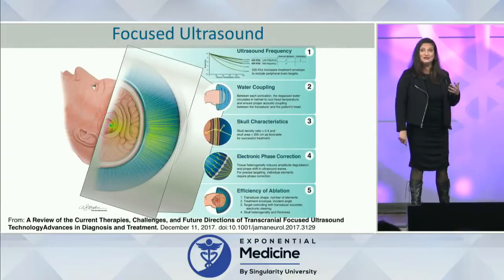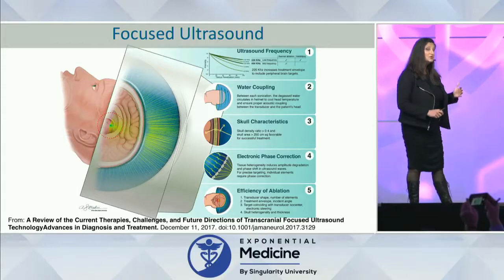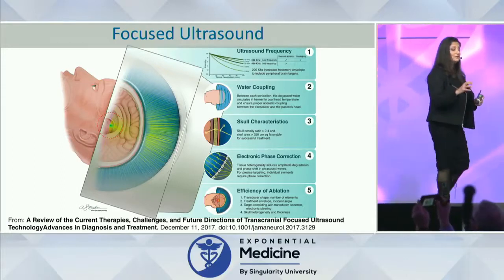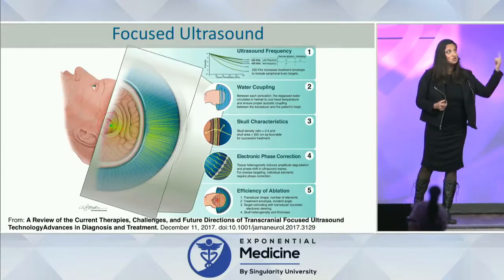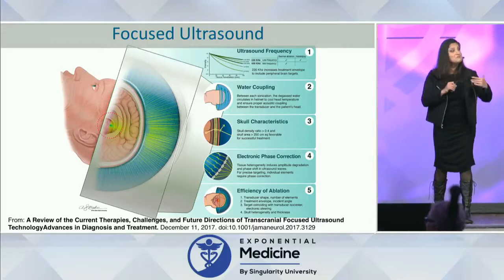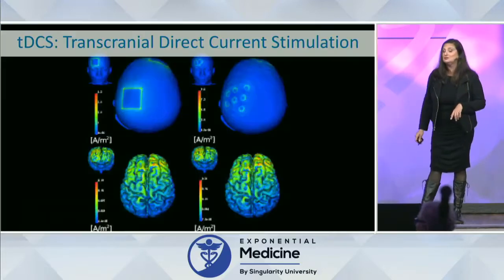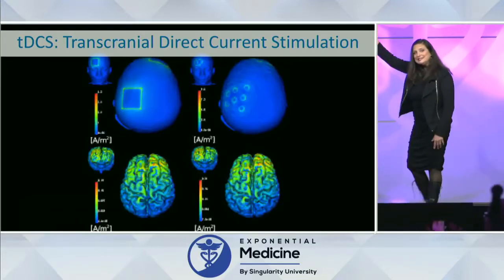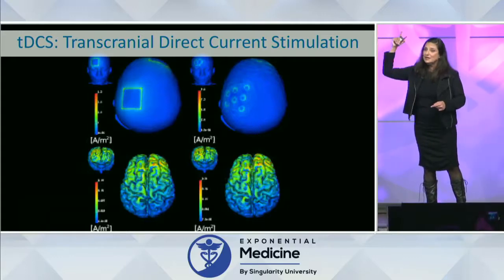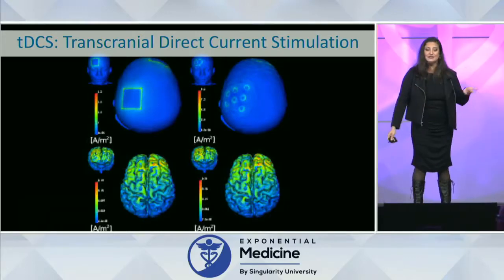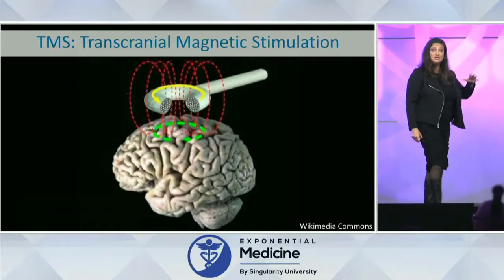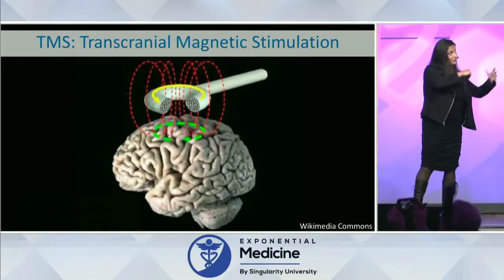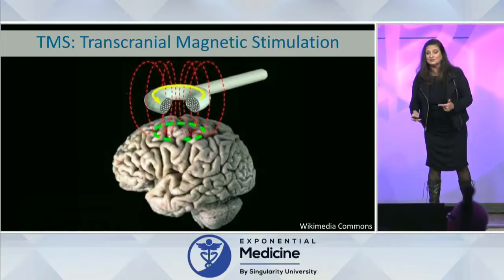Can we get completely non-invasive? And here there's a series of technologies coming online. One of them is something called focused ultrasound. I think Salim just made mention of ultrasound, but this is a way to get focused sound waves into deep structures in the brain. You can actually do surgery using focused ultrasound, but you can also modulate brain circuits using ultrasound. Another one is applying electricity to the outside of the skull. The electricity from the outside induces electrical currents on the inside, much as transcranial magnetic stimulation, so delivering magnetic energy from the outside of the skull can induce electrical currents on the inside of the brain.